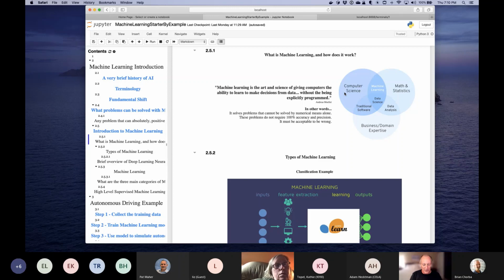And at the very center of all the overlaps of computer science on the upper left, math and stats on the upper right, and business on the lower portion, when all of those cross over, that's where you have your data scientists. Your data scientist can understand the code that went to build the model, the math that backs up that code and that particular model, but also understands why it's important to the business. What is the business going to do with this information? So we're talking about machine learning today, and that's the computer science and the math. But as soon as you add someone that understands the business, now you have a data scientist.